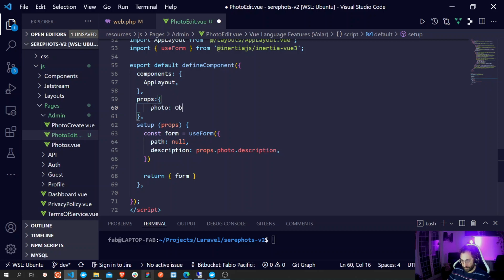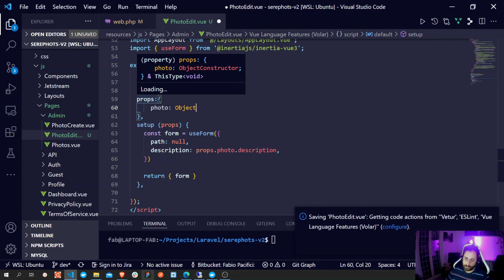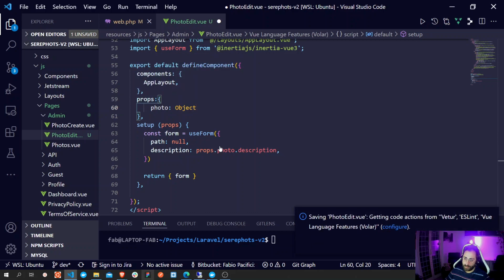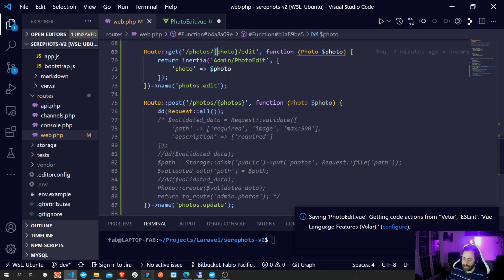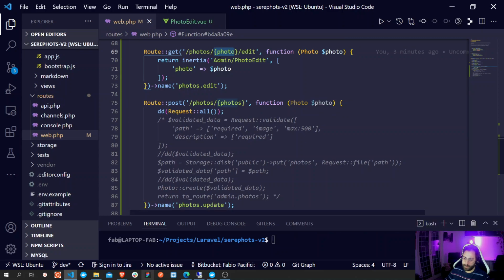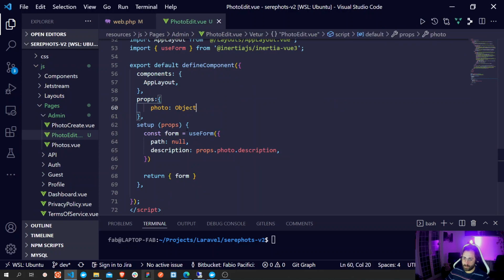That is gonna be an object, because this is gonna be the single photo model that we retrieve from the database through this dependency injection right here, when we actually type into the browser an ID of one of our photos. So photo, and then it's gonna be an object, and then the setup will use props. So we pass to this function the props that we have up here, so it is aware of them, and then we can use